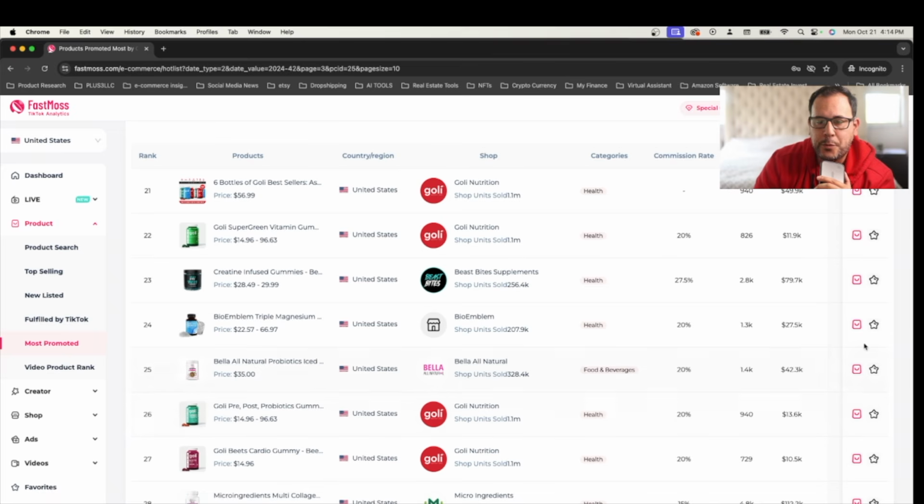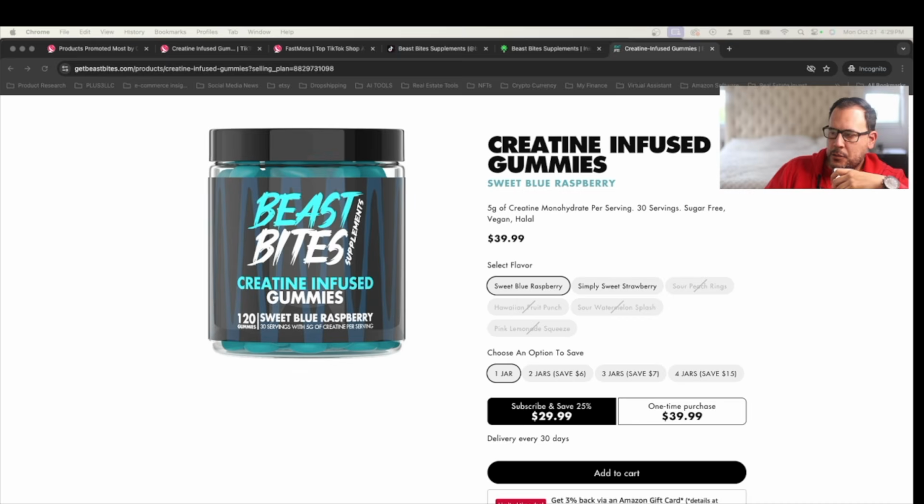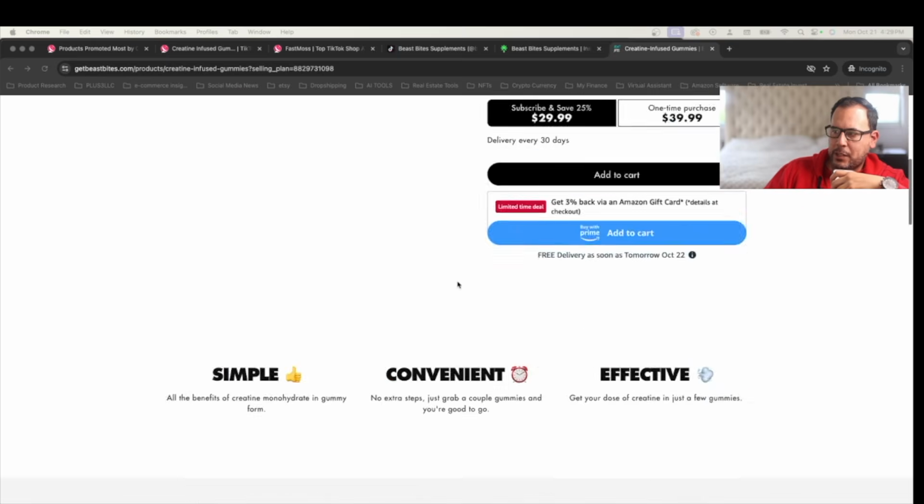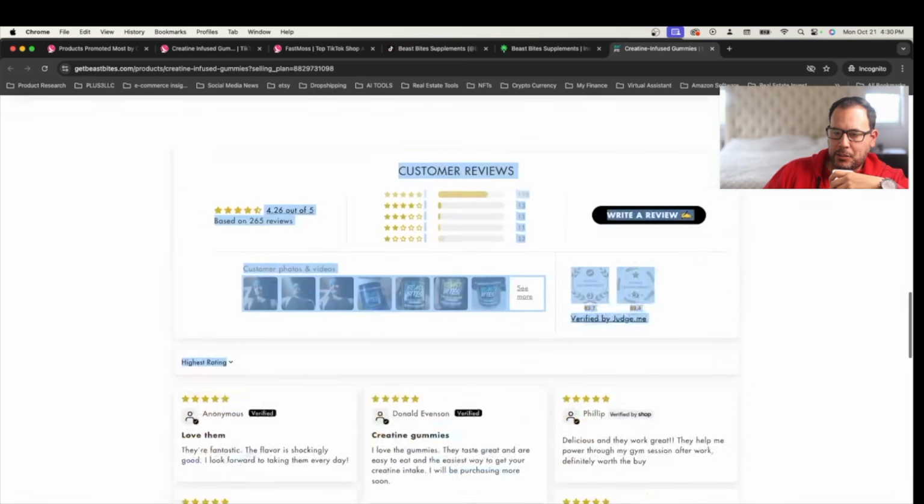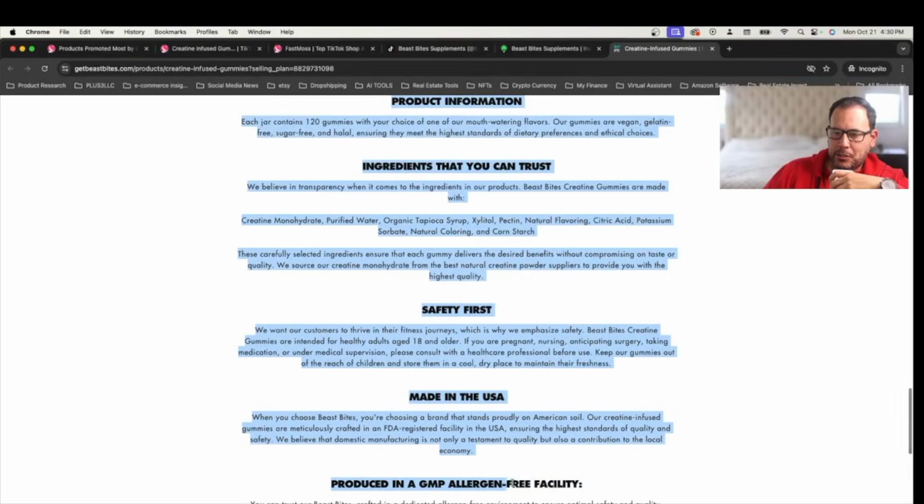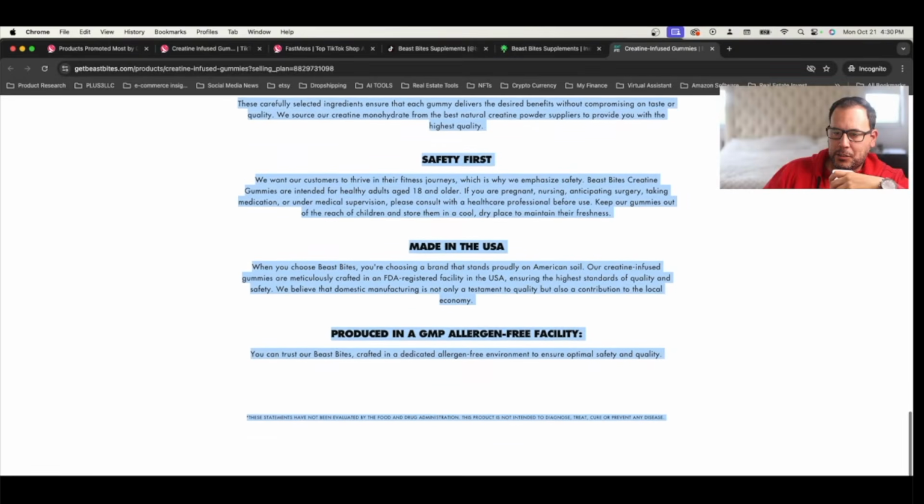From page number 3, I do have experience with this particular product right here, Beast Bites, and this is the one that I would go ahead and select and test out for my first video. So here's our product, and like I said, we want to get all the sales copy. So we want to select all of this all the way to the bottom, get as much information as you can, and we're gonna go ahead and copy paste this